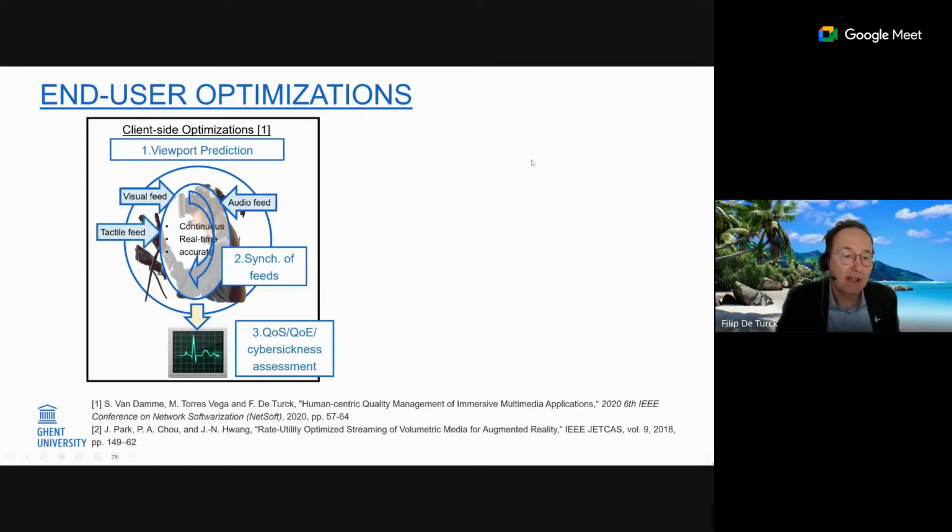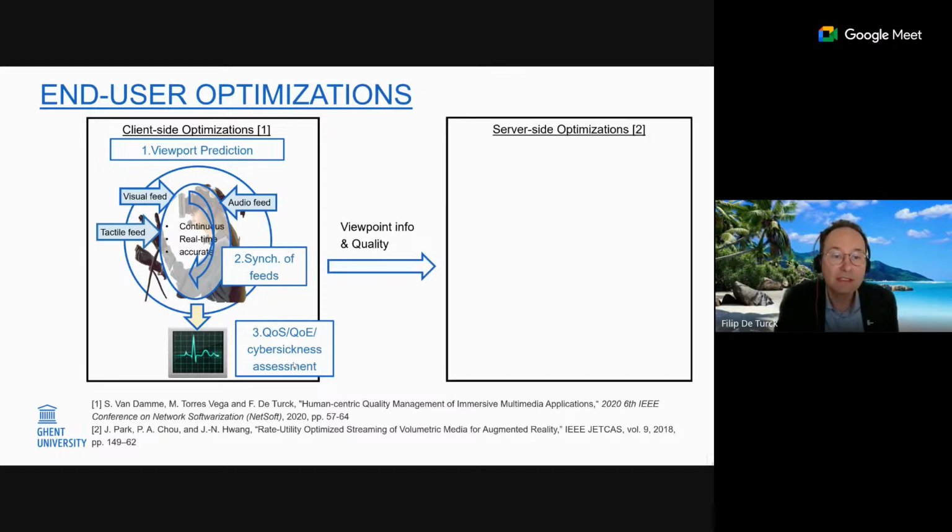And also, importantly, and this is a topic that, in my opinion, will be very important for the next years in research, is cyber sickness assessment. Because this is a feeling that users sometimes get when they make use of virtual reality applications. They can get cyber sick because they expect an object to be at a certain location at a certain time, and if this is not the case, then they can feel unwell. So it's important that we can predict and prevent this,